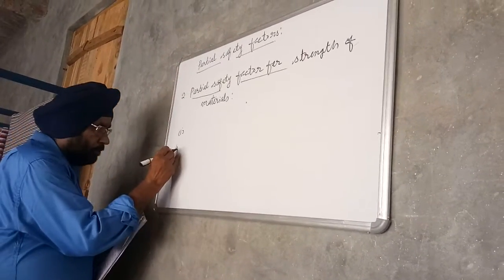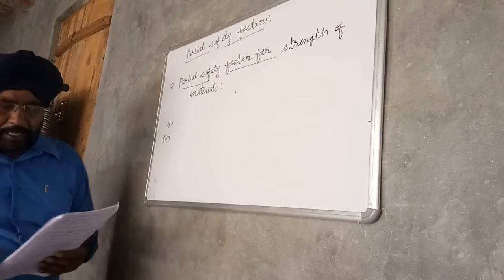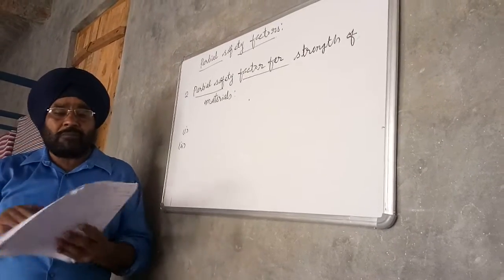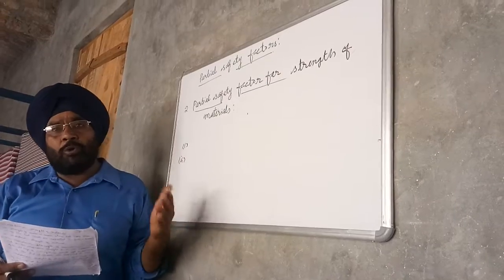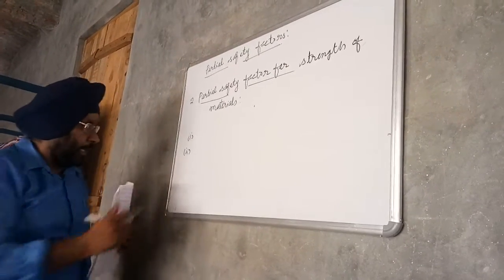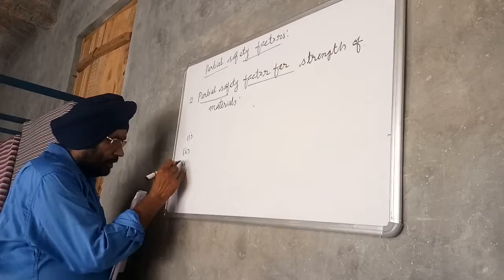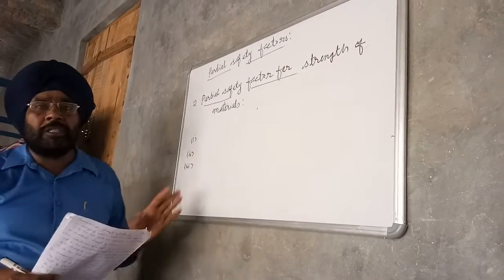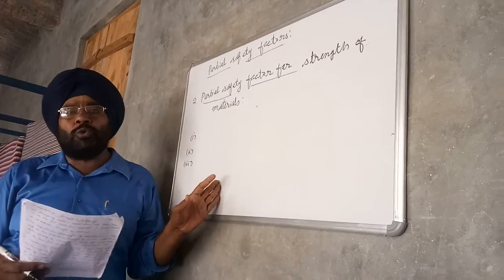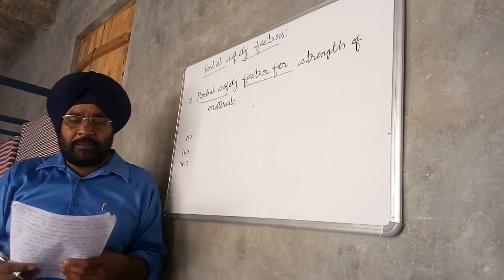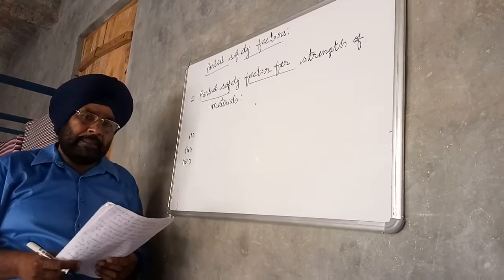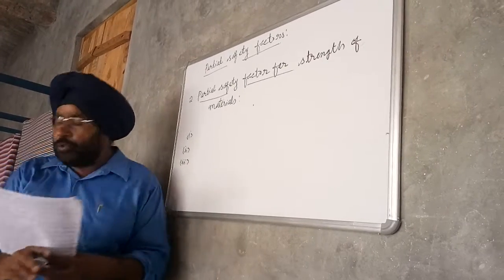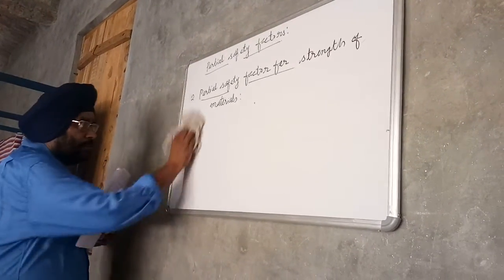Second, the possibility of reduction in the strength of the bar due to insufficient compaction, improper curing, etc. Third, the possibility of reduction in the strength of the steel bar due to manufacturing defects such as deviation from the nominal diameter and inaccurate position of the steel. So partial safety factor for